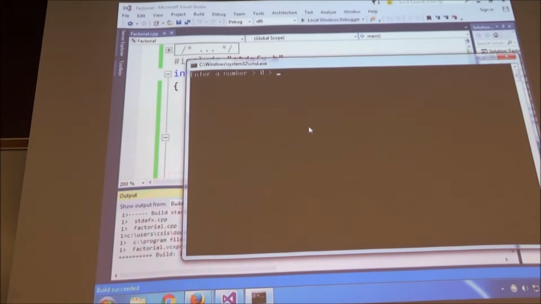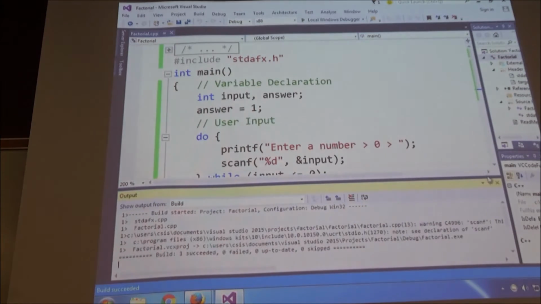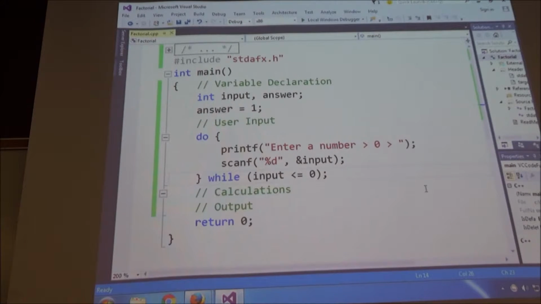Sorry. So if I enter -5, it keeps asking me, even 0, till I enter a positive number. So that portion works. So you can use a loop for input validation. All right, assuming they finally got the message,